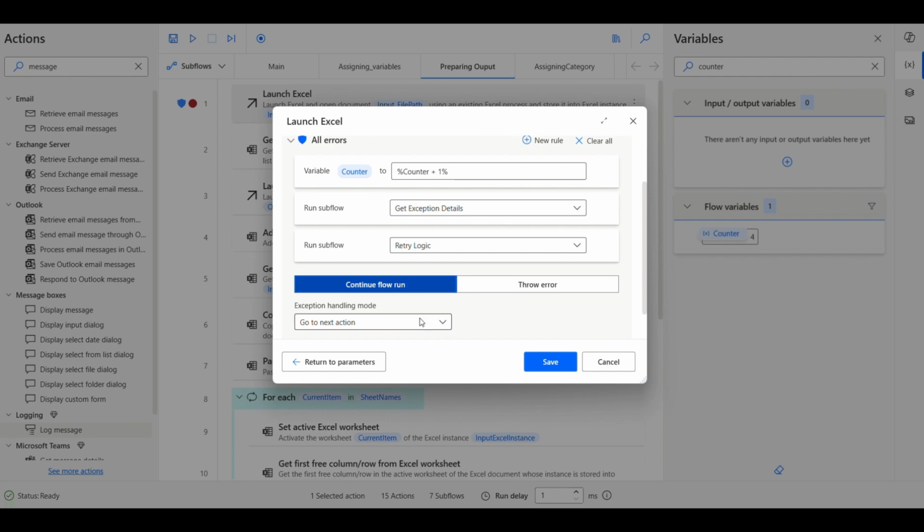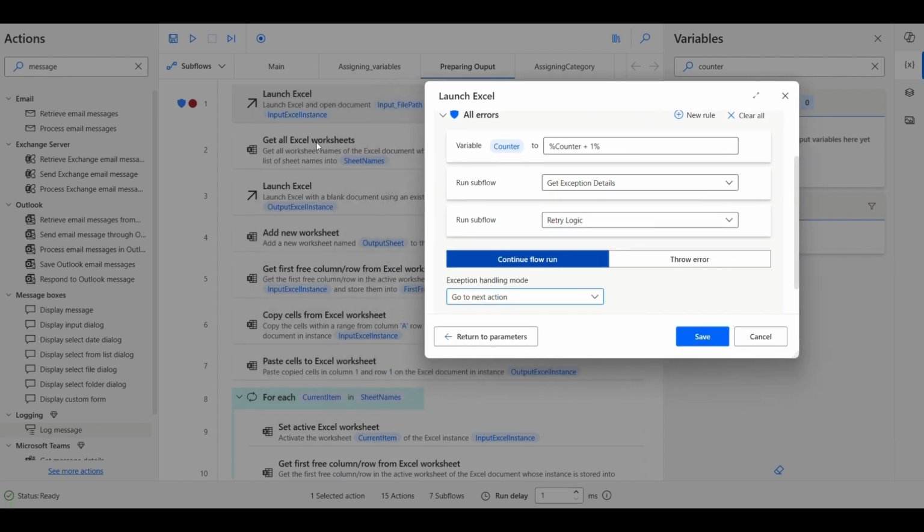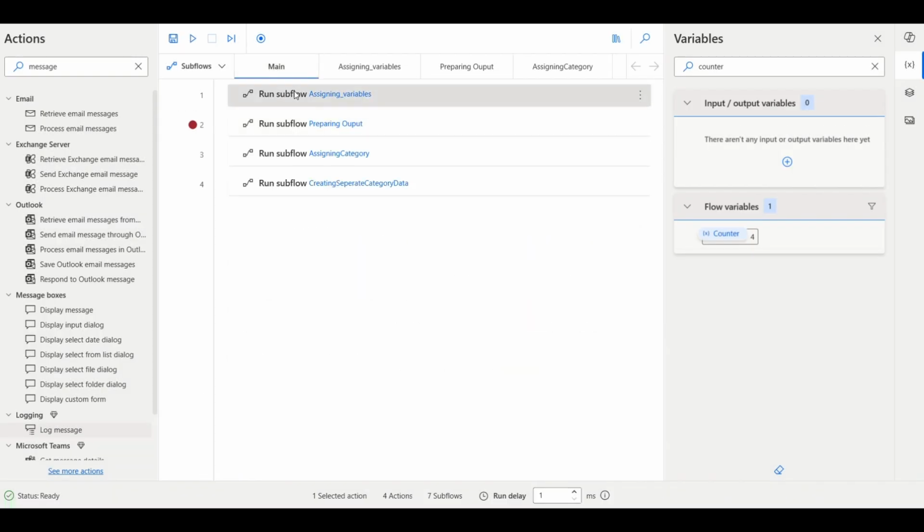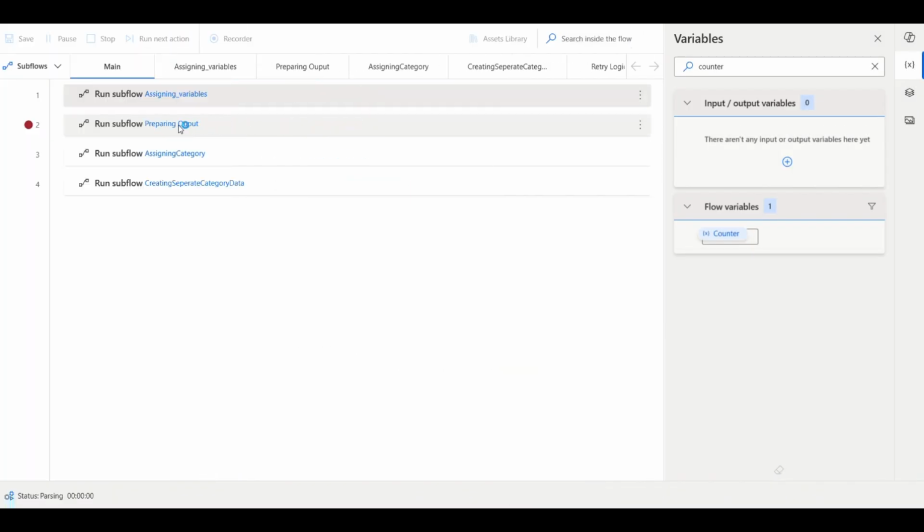Okay, now if I have used go to next action, it has increased the counter. It will get the exception details, and then it will move to this second, right? So if I use go to next action, let's say, and I'll run it again,